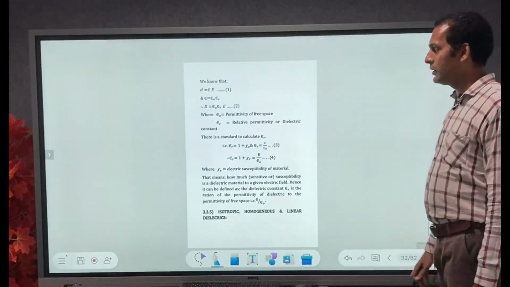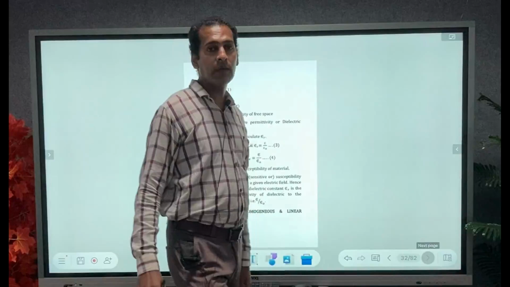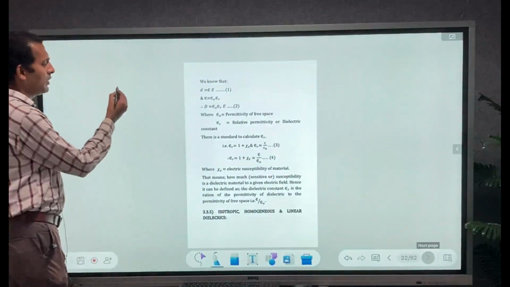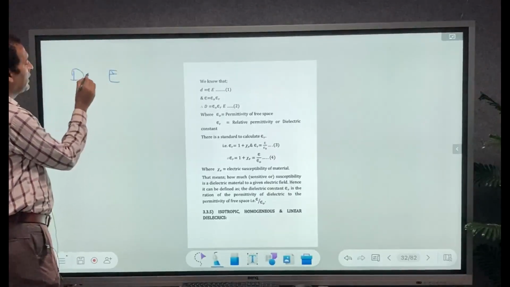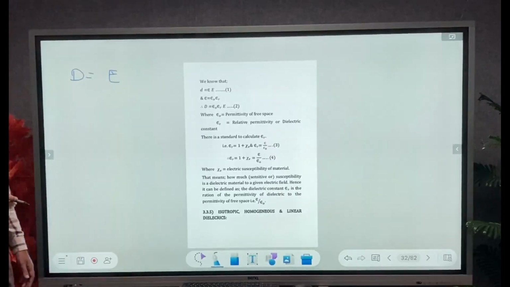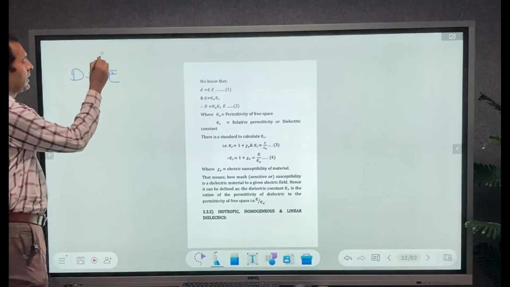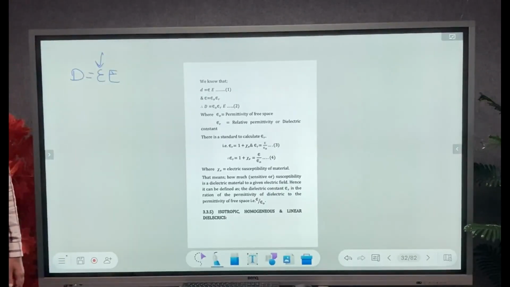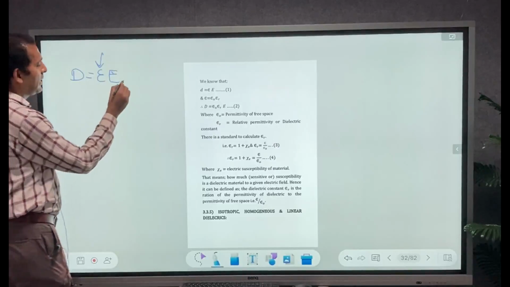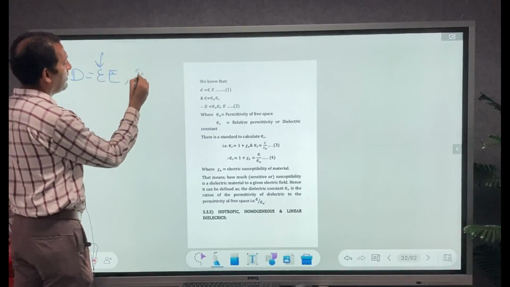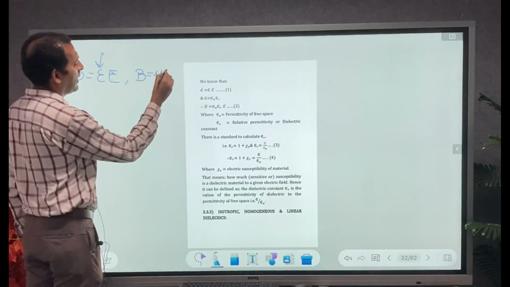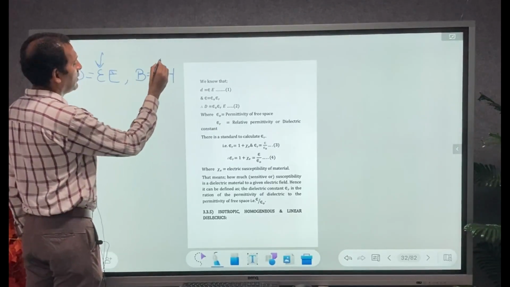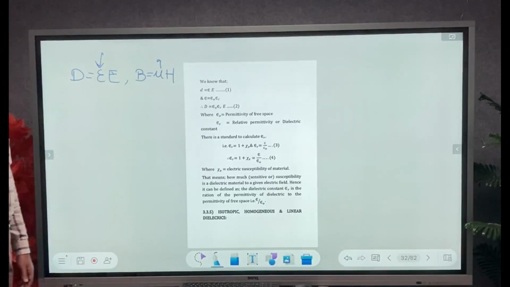So dielectric constant is useful in electromagnetics because we have two relations. We have electric field intensity and electric flux density. Both of them are related by D is equal to epsilon E. Here epsilon is one kind of dielectric constant. Along with that, in magnetic field, capital B, magnetic flux density, is related with magnetic field intensity as mu H. So these are the permissions given by the medium for the flow of them.